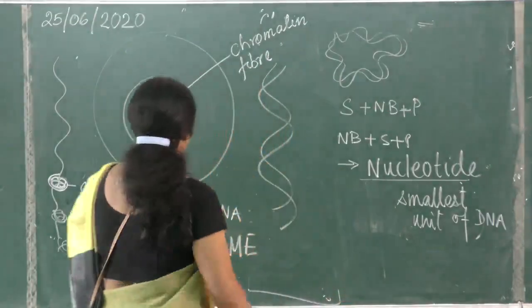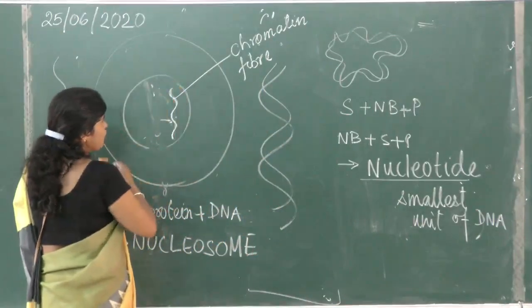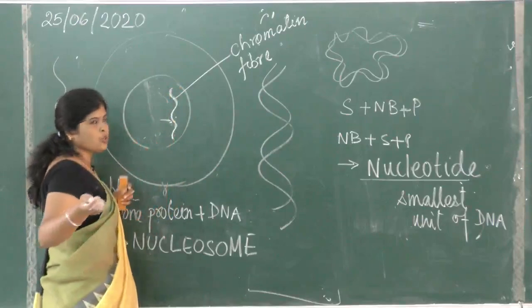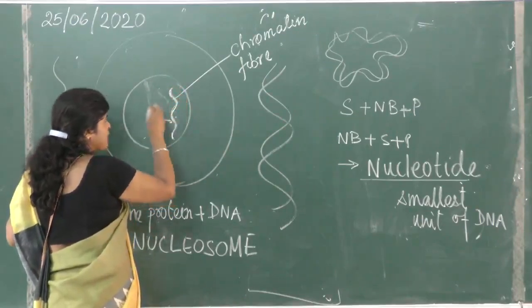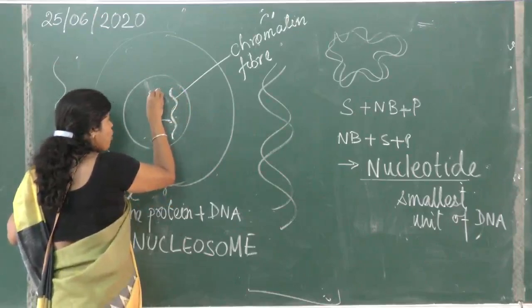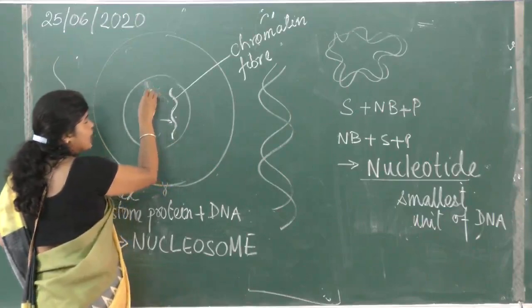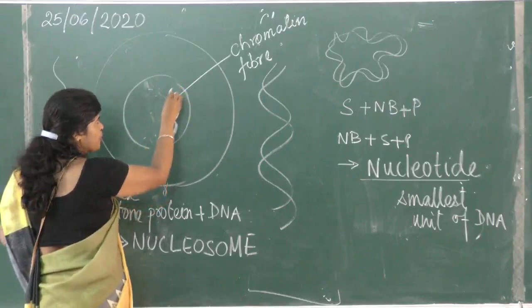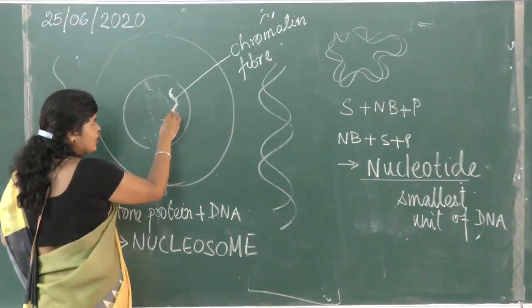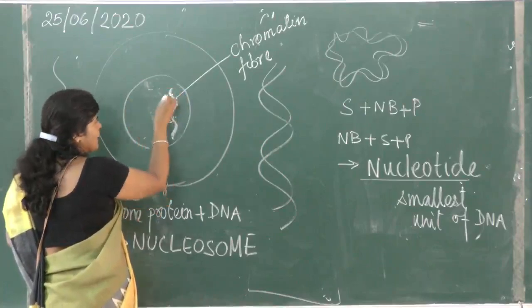During cell division, this chromatin fiber, now there is no histone, this chromatin fiber is coiling up during cell division. It is not with the help of histone protein. This is a chromatin fiber. Histone proteins are already present here. This is formed by the coiling around of histone protein. This is a chromatin fiber.